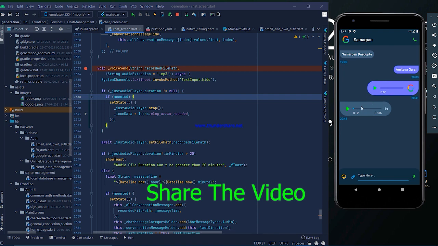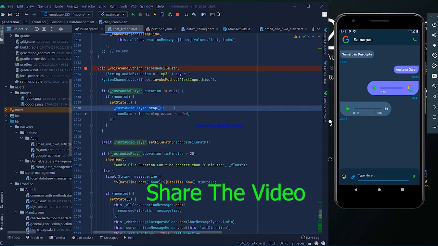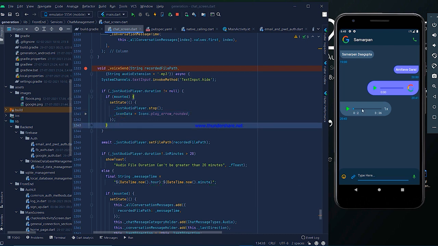That's why we first stop it, so that if any audio file was playing before, it will automatically stop. And then we change the icon to Icons.play_rounded. So what is that icon data? Icon data actually represents the play icon and the pause icon.